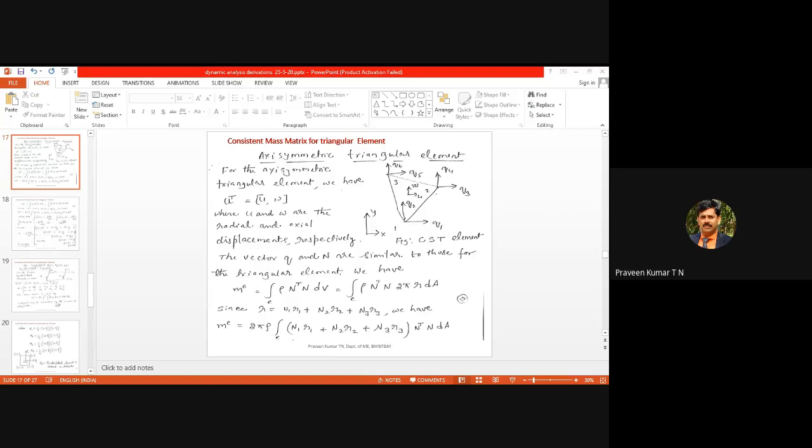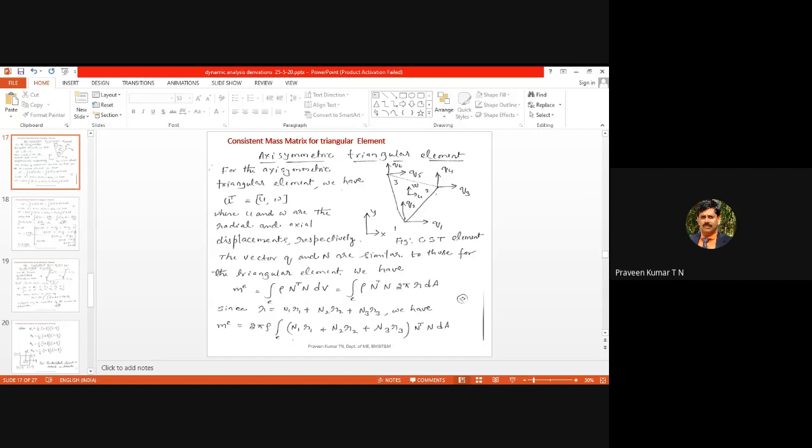But the dynamic analysis, as per your module scheme, comes under module 5. Module 5 has two parts. One part is the dynamic analysis. The other part is axisymmetry. In axisymmetry again we have derivations and problems, and I am covering that also. But the dynamic part will be easy compared to axisymmetry. We may get one problem from either a bar element or a beam element. Those parts you have already studied in the previous class.